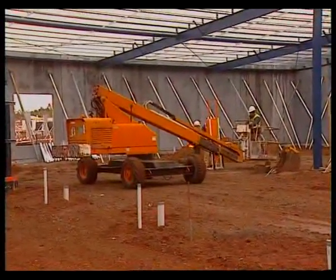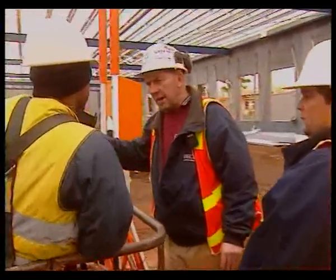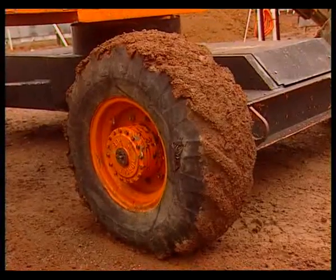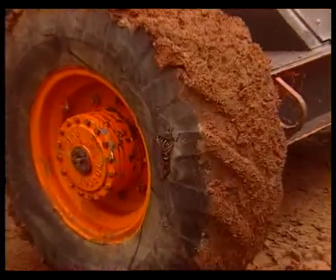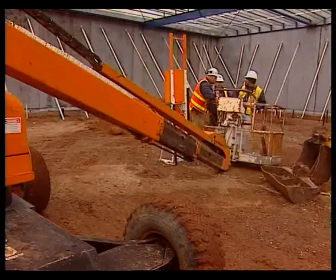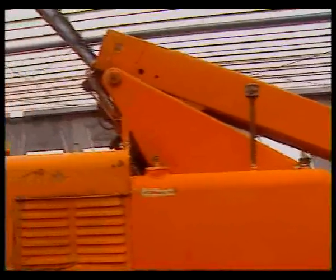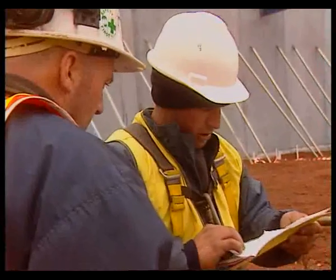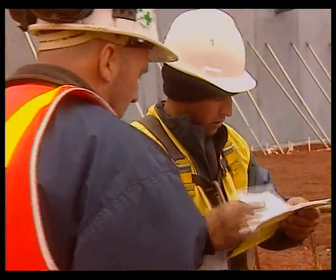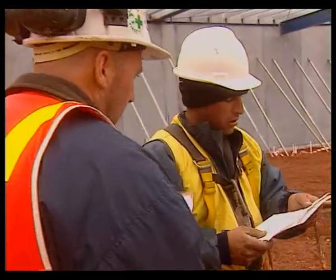In accordance with site policy, Peter and Terry inspect a self-propelled boom lift, which has obviously seen better days. This plant should clearly not be in service due to operational defects. An operator's daily checklist system has been instituted on site. This is in accordance with the OH&S regulations, which state that an employer must ensure that hazards associated with plant